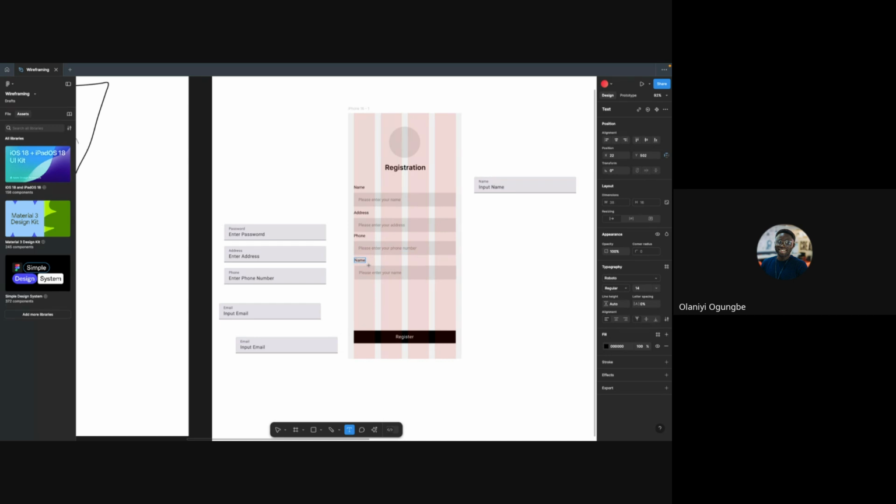Okay, sorry, please, I have a question. What's your question? These ones that are inside the frame, how do you make them so faint? The words are so faint. I just reduced the opacity of the text.